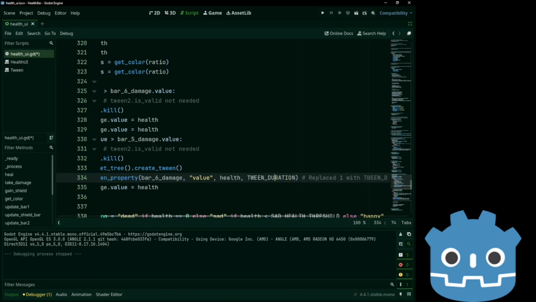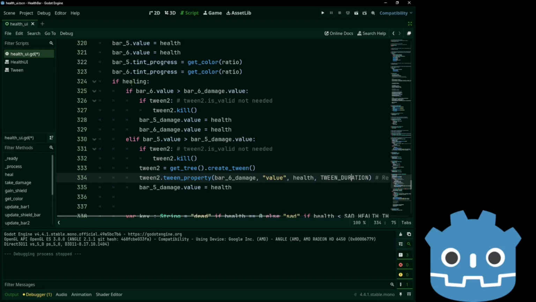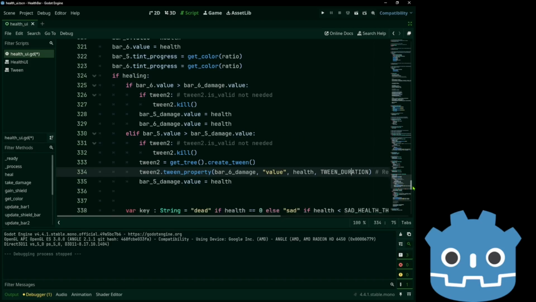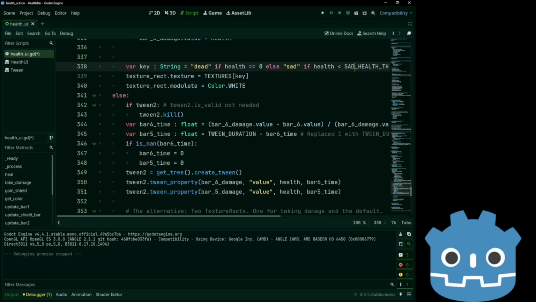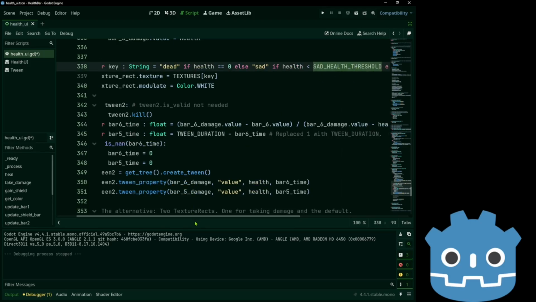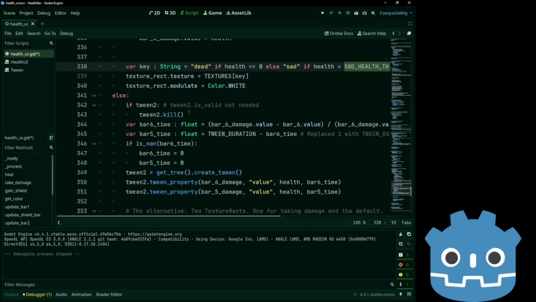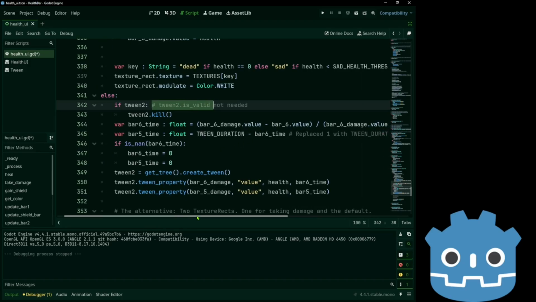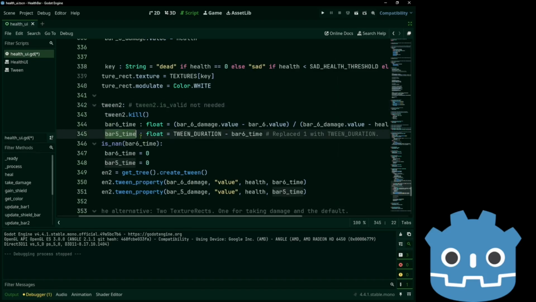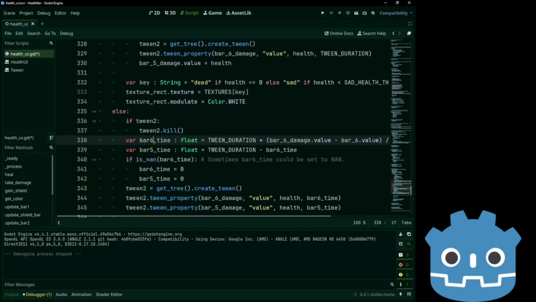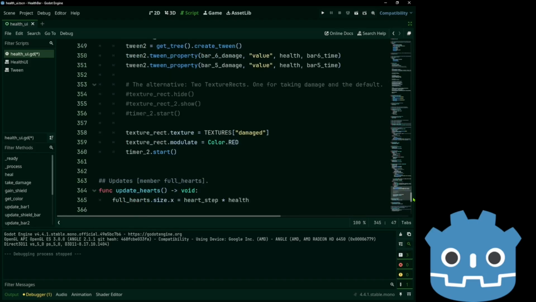Now on bar 5 and 6, we replace 1 second with tween duration when we are healing. And we also add the segment health threshold. Now, if we're taking damage, we don't need the is valid anymore. Now, for the bar 5 time, we replaced 1 second with 2 in duration. Also multiply bar 6 time by duration. And the rest remains the same.